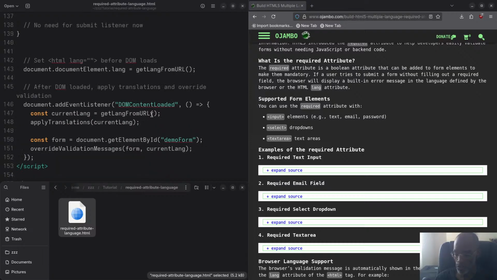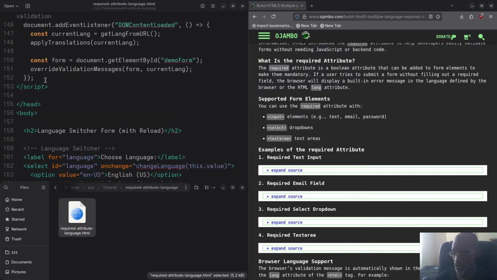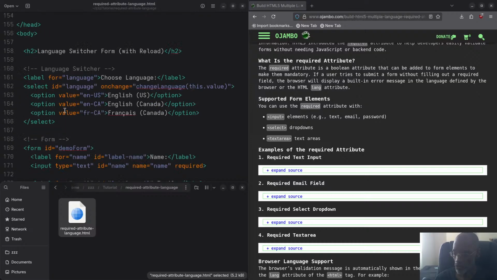We get our language from the URL, as I said before. Then we apply the translation language. And then we have the form, which is just the demo form. That's the ID of the form. As you can see here, we have a language switcher. It's just a select